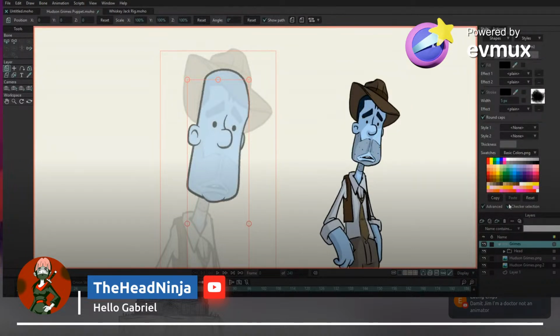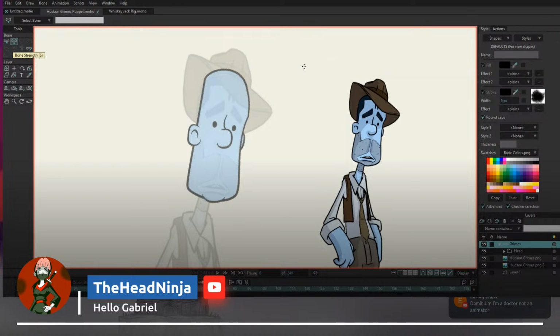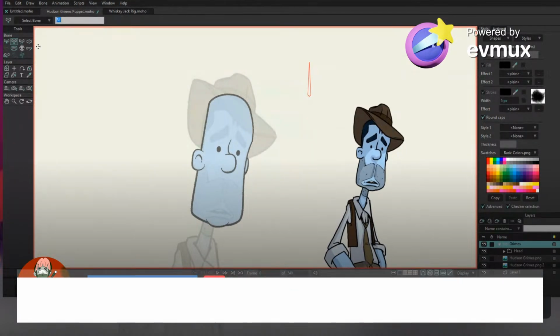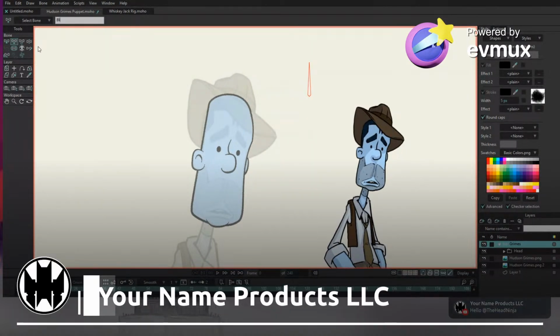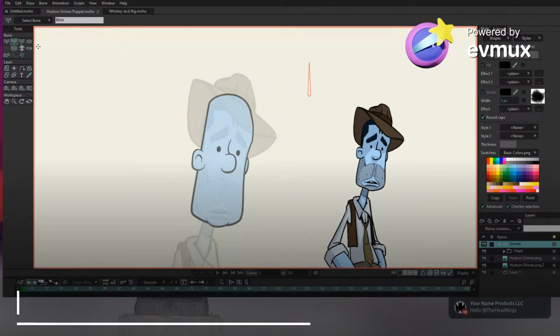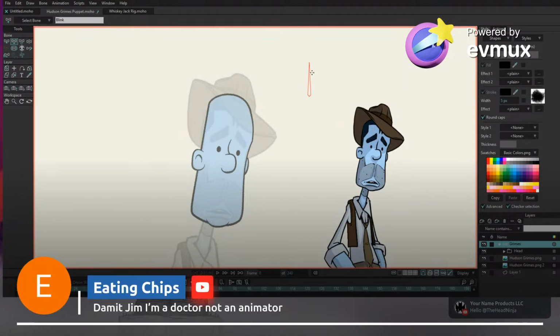So that's that. Now over on the left side, you see this bone with a plus on it, right? So I'm going to hit that, holding my shift key down so that it's straight. I'm just going to pull up, all right? And there's my bone right there. I'm going to title it up here, blink, all right? All right, so now whenever you create a bone, every bone has what's called bone strength, and it's